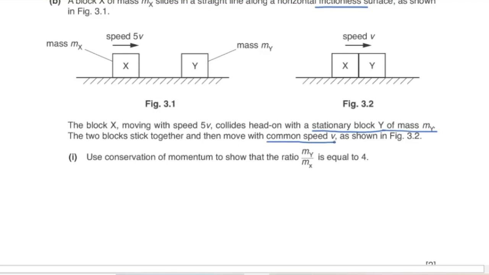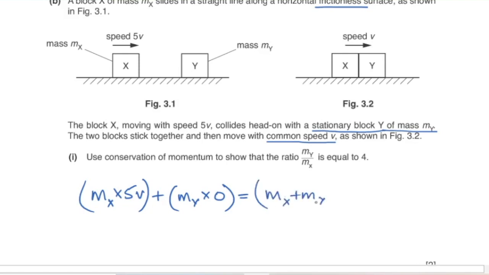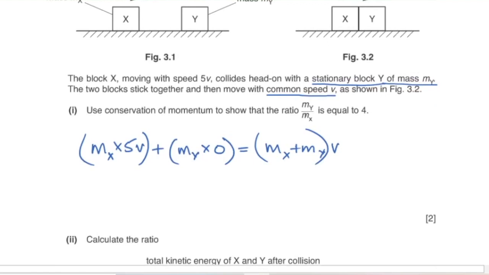Part 1, use conservation of momentum to show that the ratio my by mx is equal to 4. So conservation of momentum tells that momentum before and after collision is equal. So before collision, momentum is mass of x multiplied by its velocity plus mass of y multiplied by its initial velocity, which at 0 is equals to momentum after collision. So both mx and my now have a common velocity v. So now when you rearrange your formula and bring my by mx,